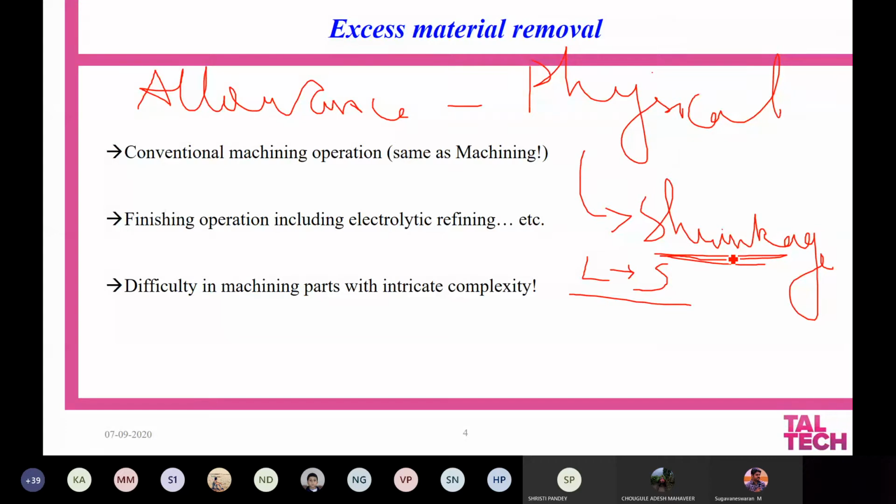The amount of shrinkage will also depend upon the type of material, type of alloy, or the quality of the material which we are going to use. So every metal will have a different rate at which it shrinks or expands during solidification. So for this you always give some allowance, and this has to be taken care of, or this has to be removed once there is a solidification.